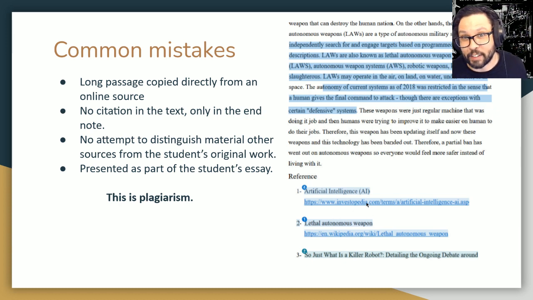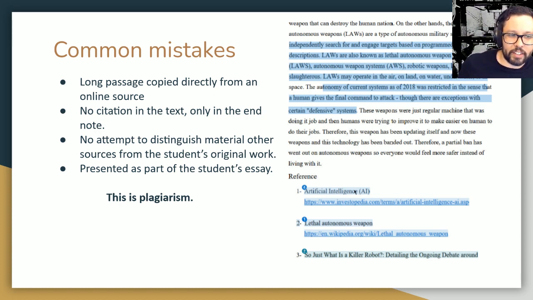Investopedia.com is not going to be a very high-quality website. I can already tell from the research here that this is a sort of poorly researched and low-effort essay. But the problem is not just that the sources are bad, but that a big component of the essay is taken directly from that source, right? So almost this full paragraph is taken from that source directly, just several lines of text. So the fact that this source is put in the citations and the references is a good thing, but it's not enough to get this out of plagiarism.